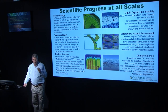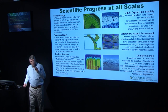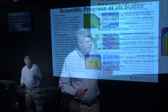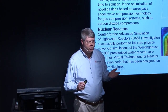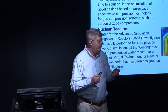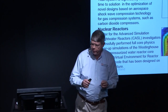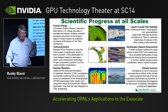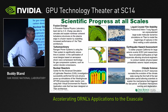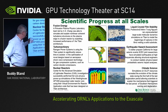A company called Ramgen is looking at how you use turbo compressors that ultimately could be applied to carbon capture and storage to be able to compress CO2 into a liquid at a third of the cost of the conventional ways of doing this. Our Center for Advanced Simulation of Lightweight Reactors, CASL, is doing full-up simulations of the Westinghouse